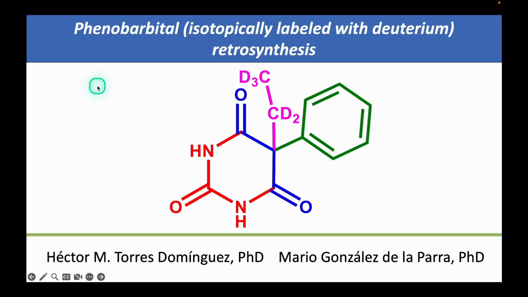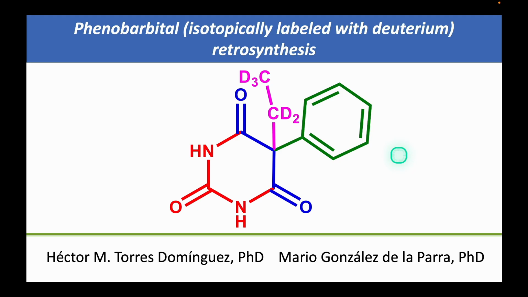Hello, in this video, we present the retrosynthesis of isotopically labeled phenobarbital with deuterium, specifically penta-deuterated phenobarbital. This isotopologue can be useful in the research of pharmacology, metabolism, and as an internal standard in bioanalytical methods of